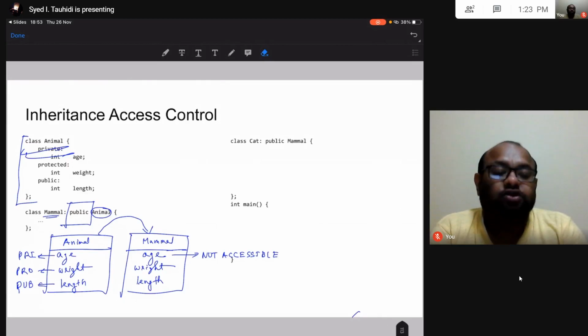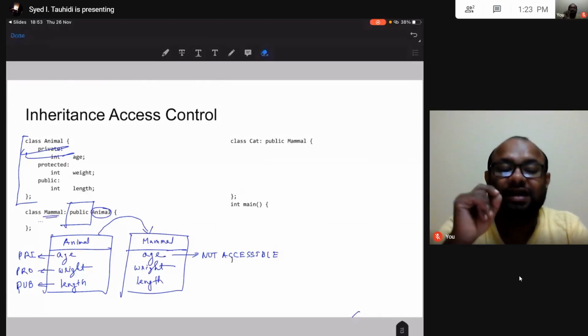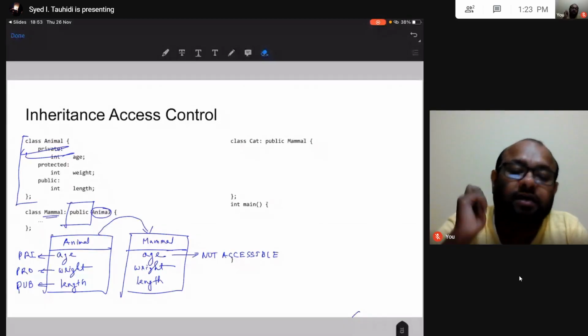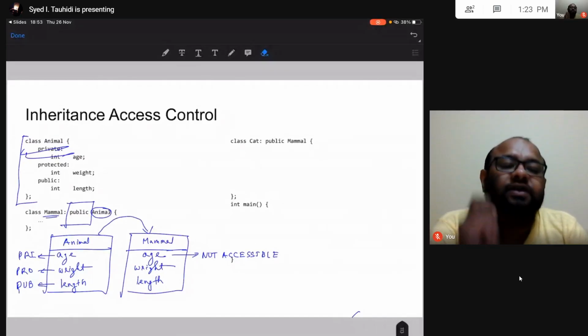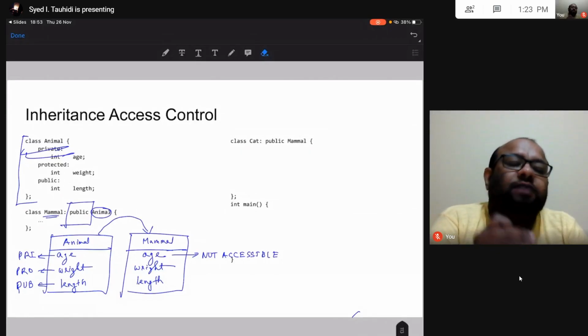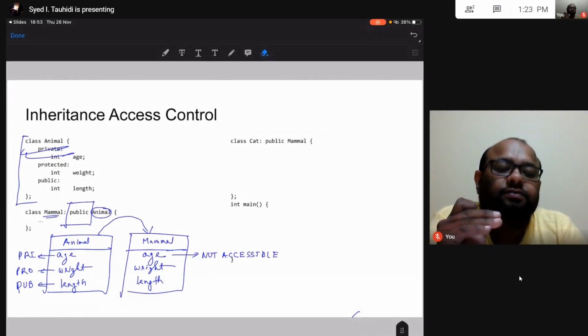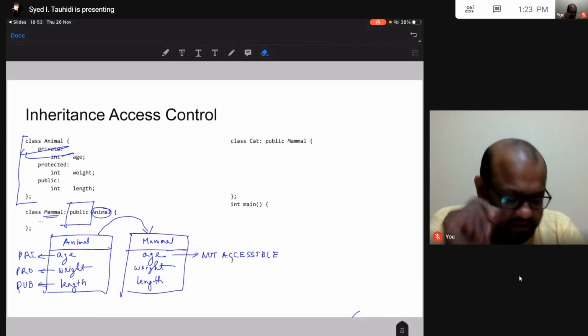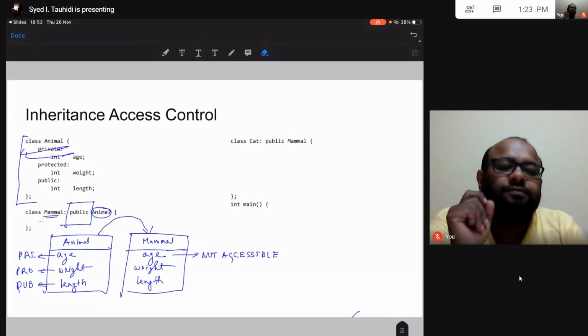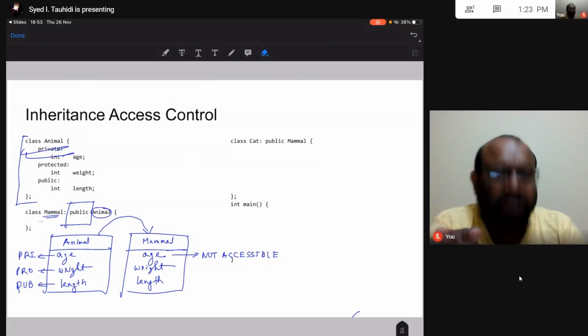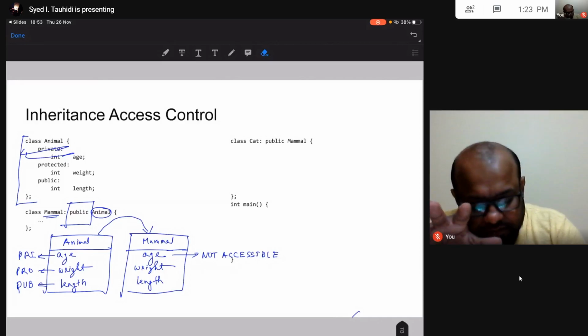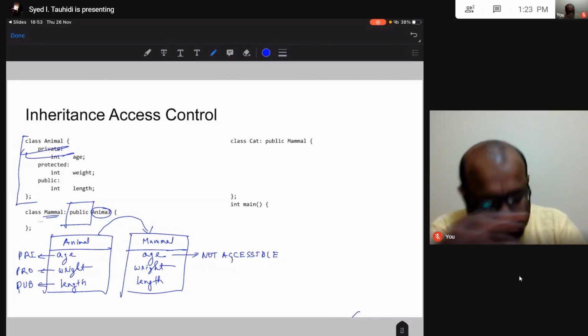So you cannot say that age is private in mammal. Had age been private in mammal, then the methods of my mammal class would be able to access age. I hope that makes sense. But I cannot access age, so age is not accessible at all. It is not private. What about weight?